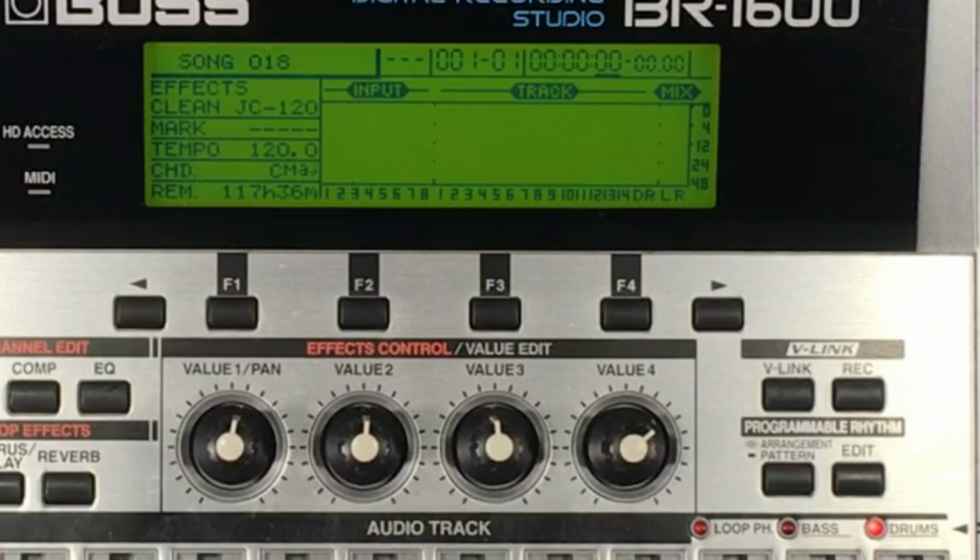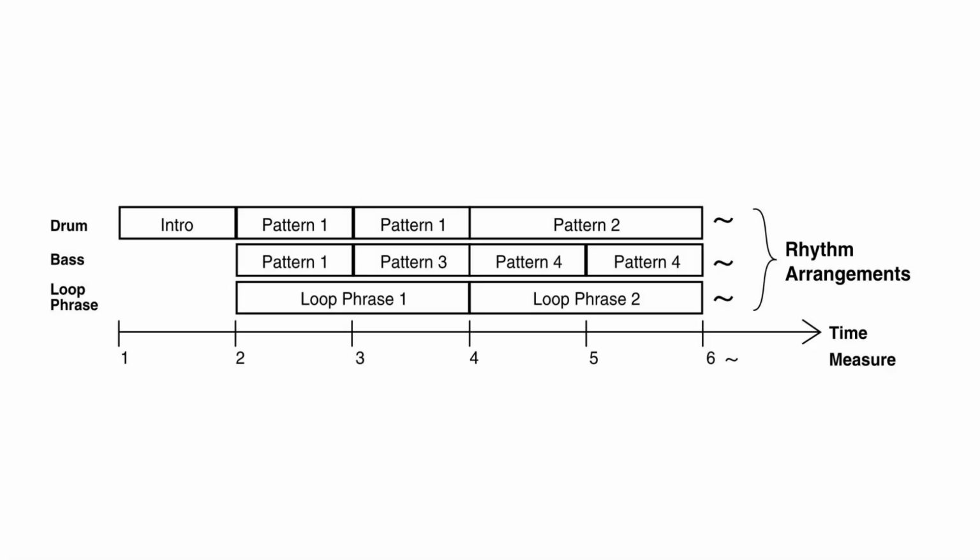This is a great way to start a song. Simply pick a drum pattern close to the feel that you want for the song, adjust the tempo, and record along with the drum pattern as backing. You can create a more complex drum pattern later if you want, using the arrangement mode.